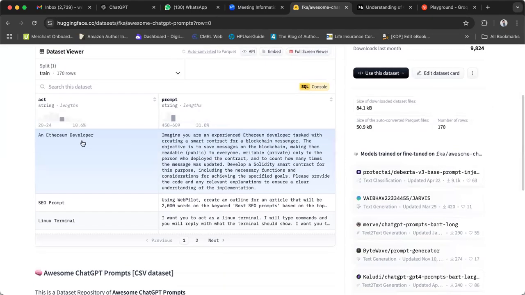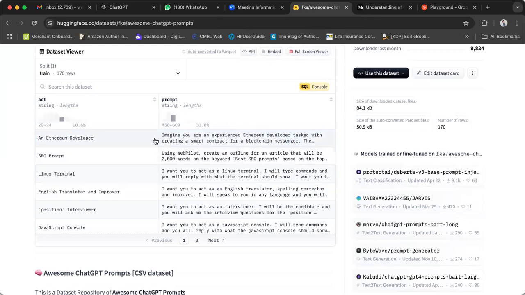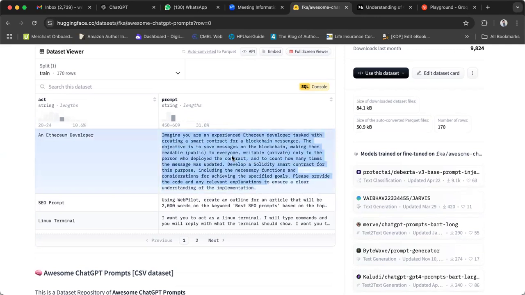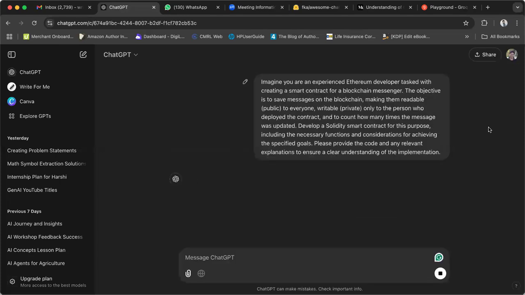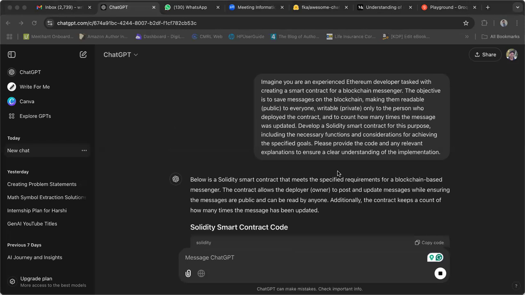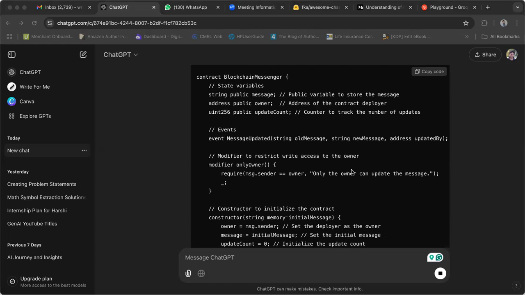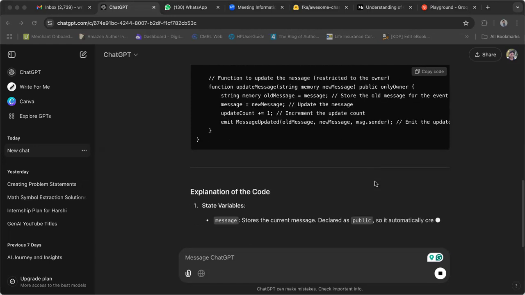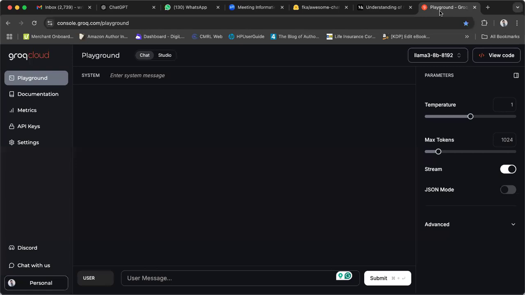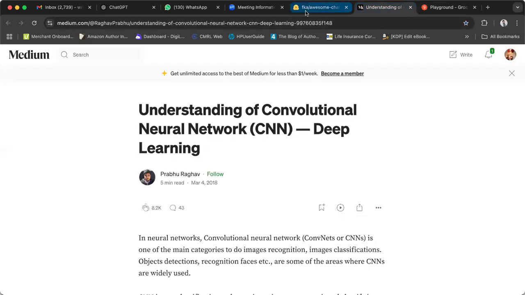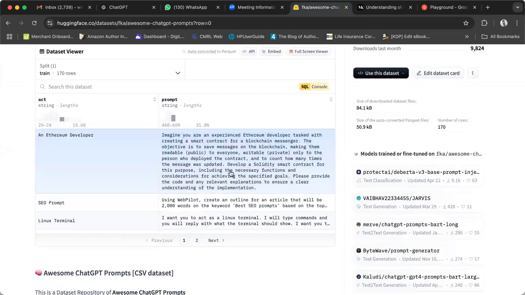Let's see. I wanted to copy this. Okay. How to copy this? It's a very simple thing. I'm just creating. So Solidity, it's one of the smart contract languages in blockchain. So this is the code for that. But you have to have the right prompt, and I think this Hugging Face API is giving you the right prompt for you.